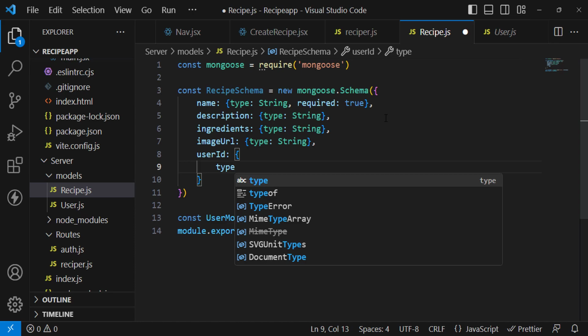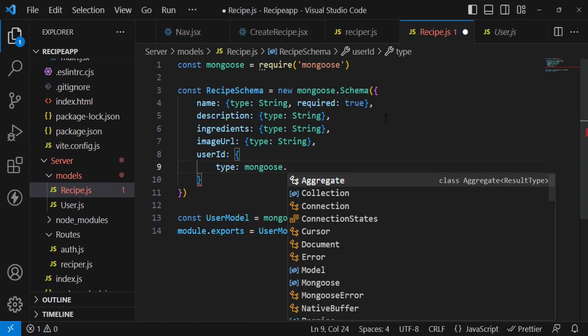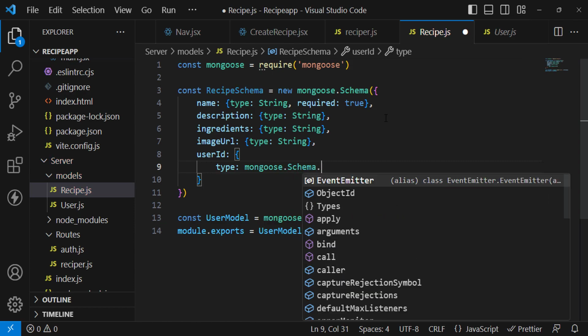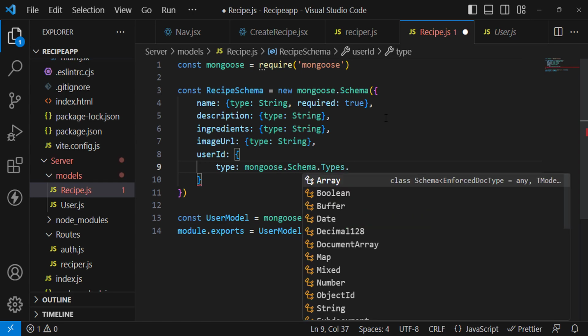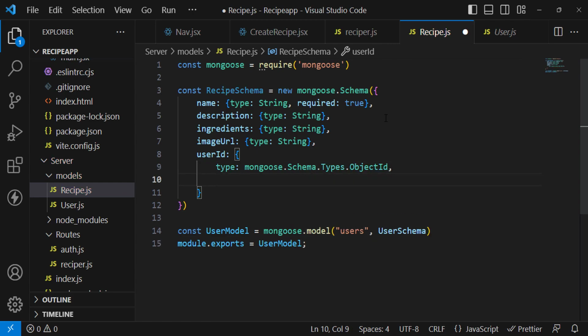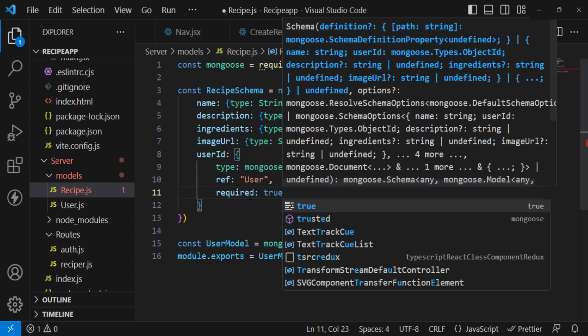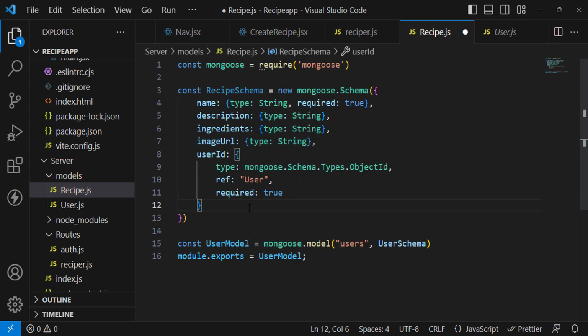So for that, the type is mongoose.Schema.Types.ObjectId, and then we will write the reference. Reference is user and required true. So this will store the ID of the user, and this is the recipe model,